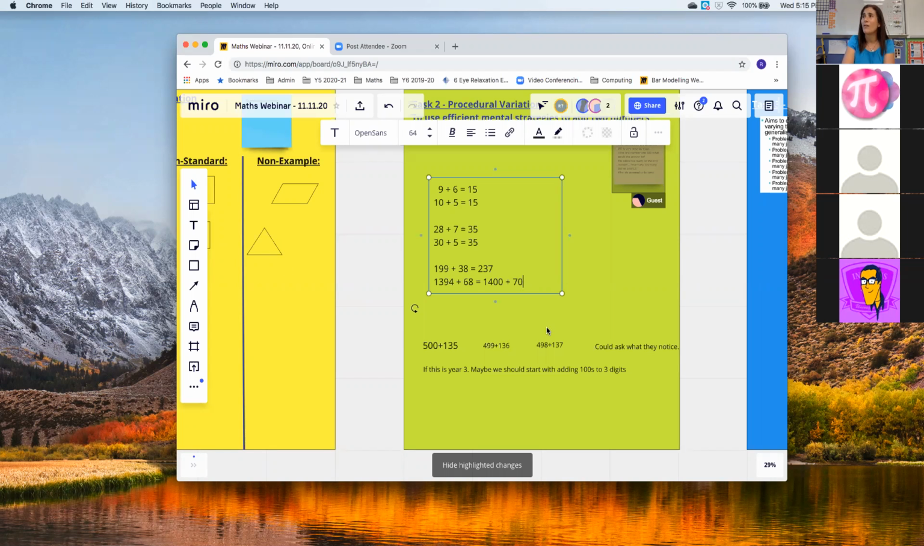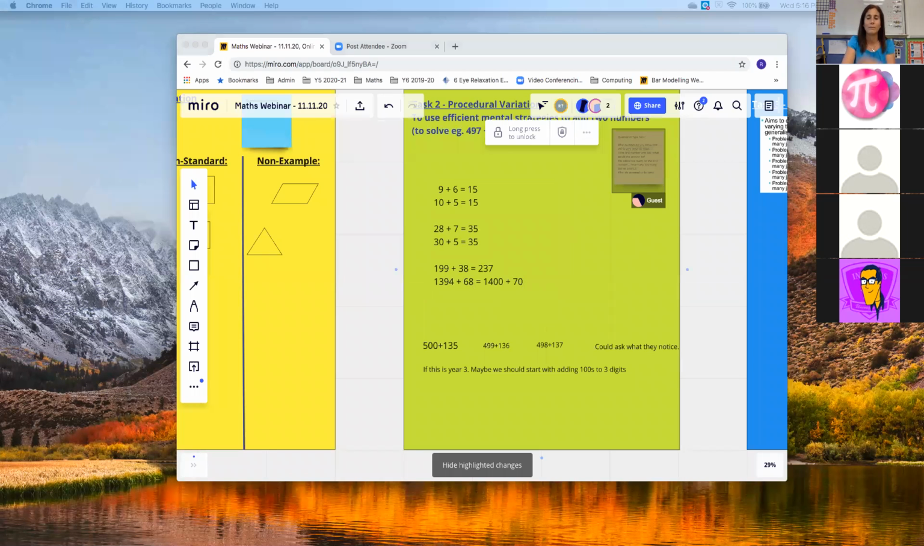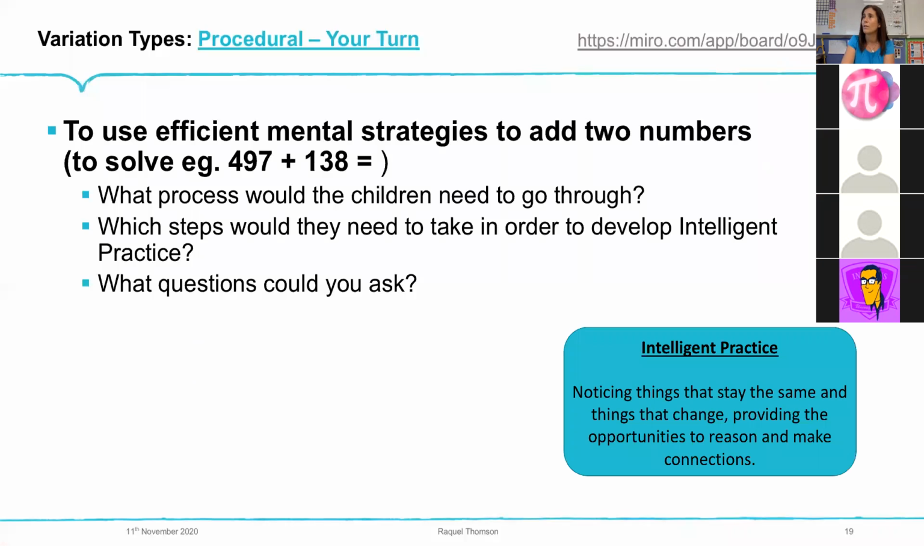So are there any questions about this particular process? I think hopefully by doing it and by discussing it, either on the chat or on Miro, it has helped to understand the procedural variation. Let me go back to the